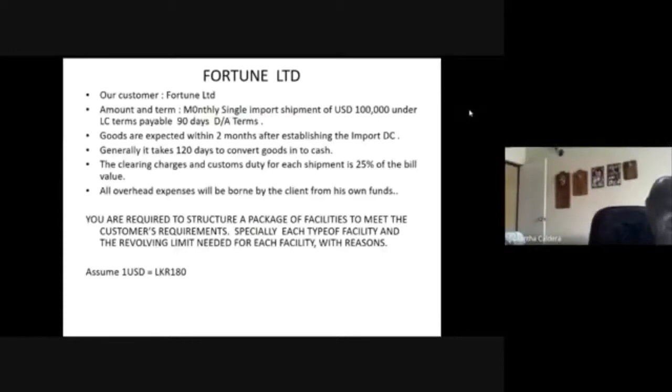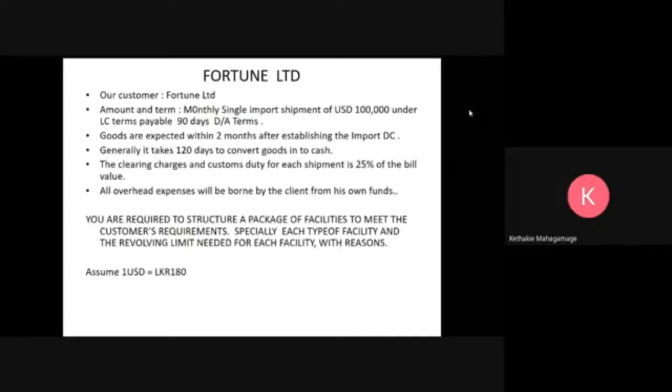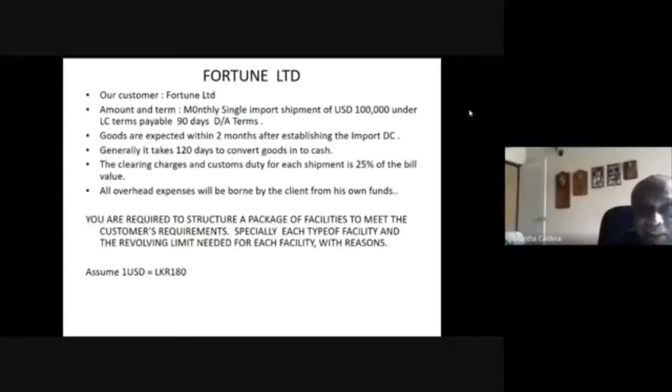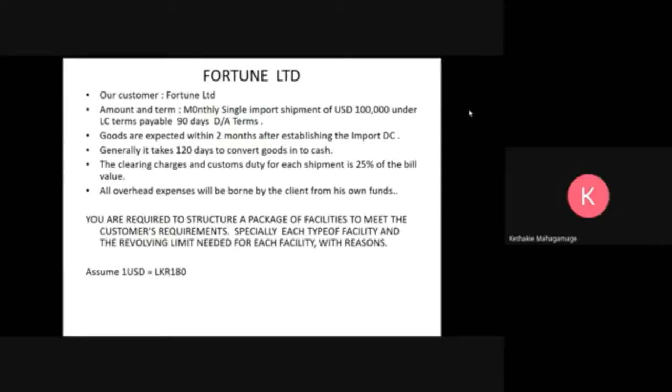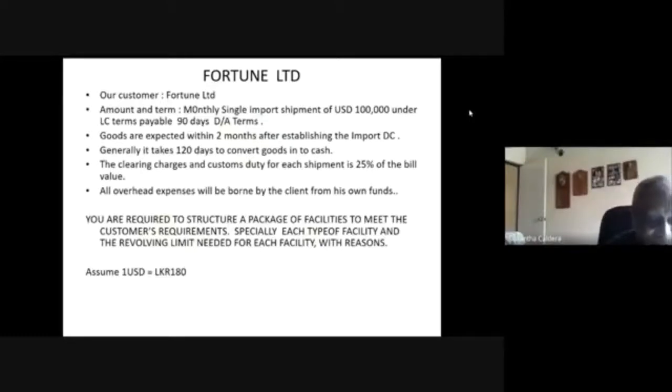Acceptance facility. Revolving acceptance facility එතනින් කියන්න ඕන, the bills are for 90 days DA term. Therefore, the acceptance facility කියලා දාලා දැන් ලියන්න amount එක US dollars 100,000 into